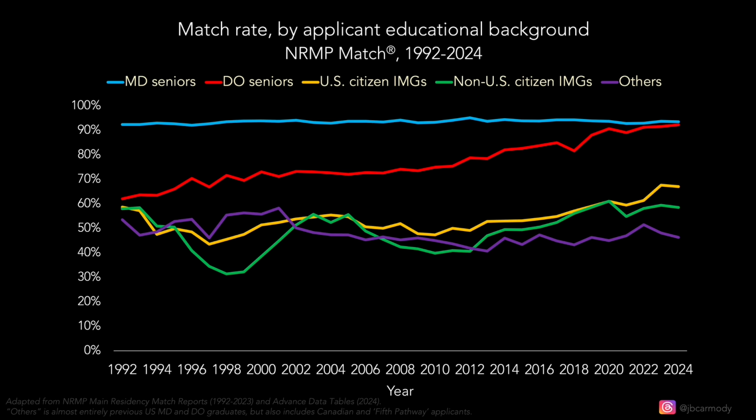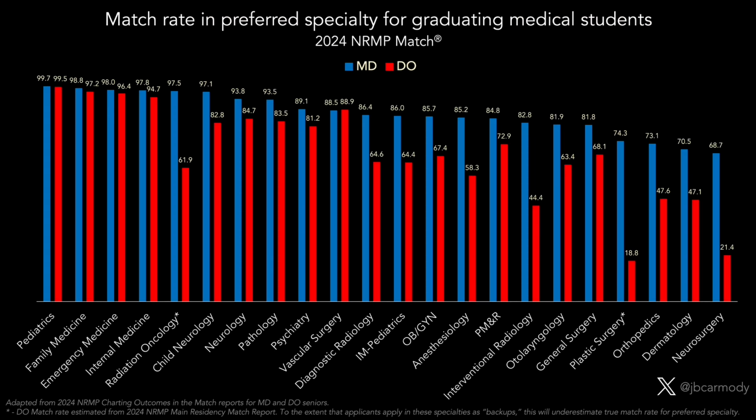So in 2024, the match rates for DO seniors were at 92.3%, which was virtually identical to the 93.5% match rate for MD students. So wait, shouldn't anti-DO bias be a loser? Don't these data show us that maybe we've moved past all that? Not so fast, my friend, because if we break things down by specialty, Charting Outcomes paints a bit of a